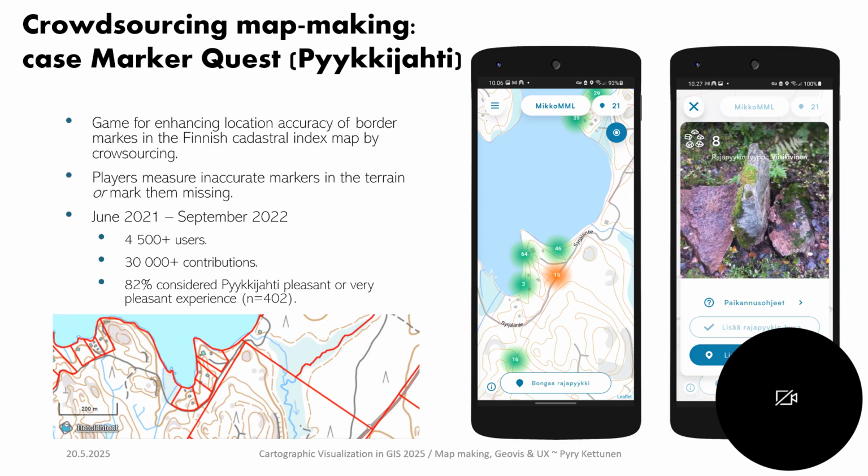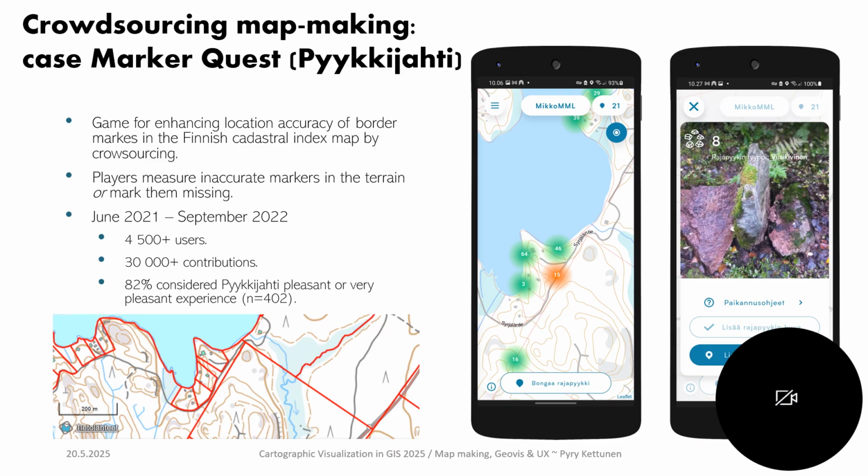Crowdsourcing also is one thing to mention, where also map-based platforms are really central. This is an example from us. But do you know geocaching? Do you know geocaching? Many know. Yes, maybe even more than Foursquare. Okay, well that's nice, because that's a very active and open community which can make you find nice places and interesting places. And it's also gamified, because this was also a gamified approach that we made for